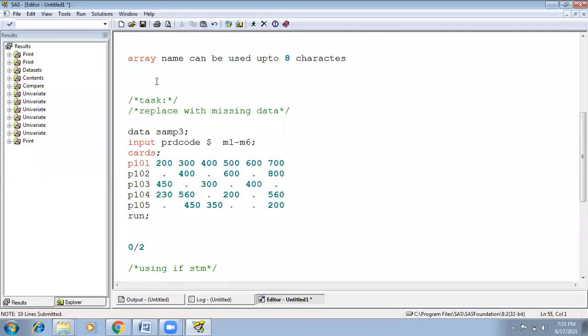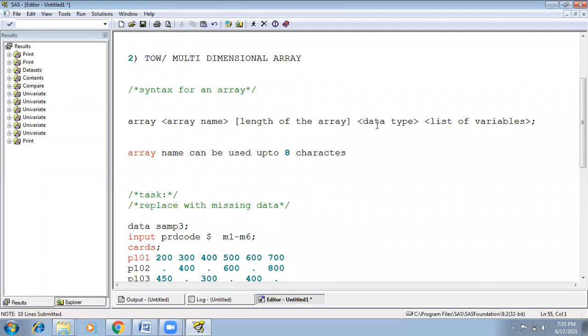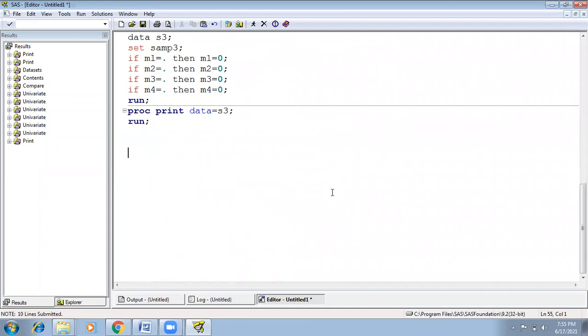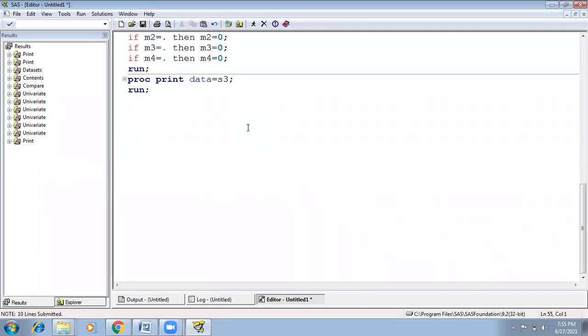This is our syntax: array name, length, data type, list of the variables. Data set name is S33, set as sample. So here we can use an array statement in the data step block as well as in the report procedure.